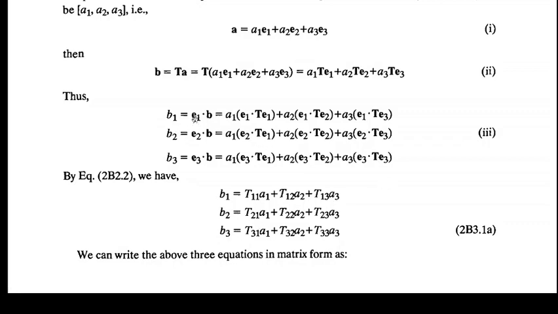And when you will take dot product with E2, you will have this. Then you will have B3. So either you can do it as this, or you can do as I have said, another way: directly use the values of T1, T2, T3, and then take the dot product with respect to E1, with respect to E2, with respect to E3. First dot product will give you B1, second will give you B2, and third will give you B3.